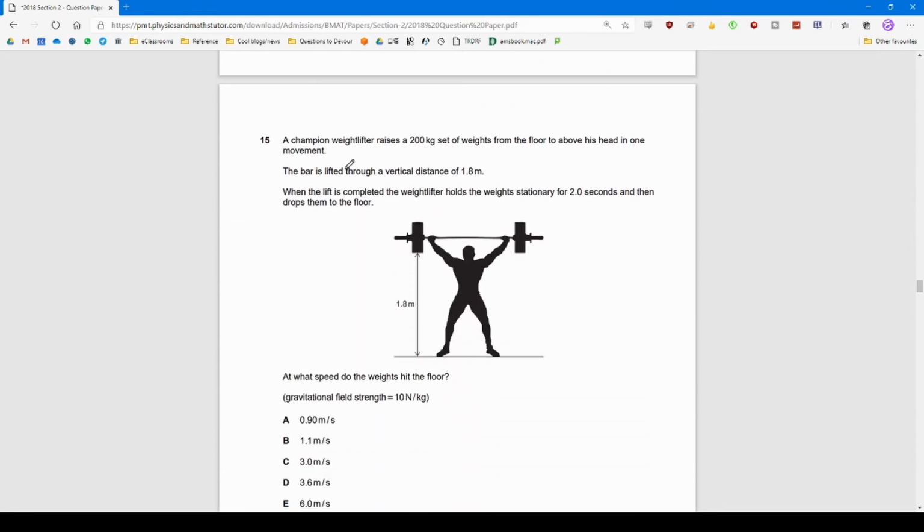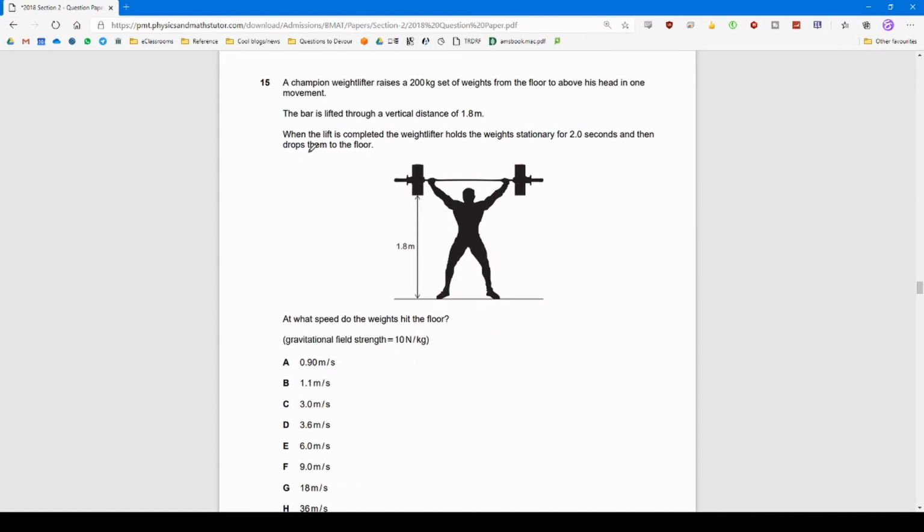Okay. A champion weightlifter raises a 200 kilogram set of weights from the floor to above his head in one movement. The bar is lifted through a vertical distance of 1.8 meters. When the lift is completed, the weightlifter holds the weight stationary for 2 seconds and drops them to the floor. At what speed do the weights hit the floor? Okay, well,